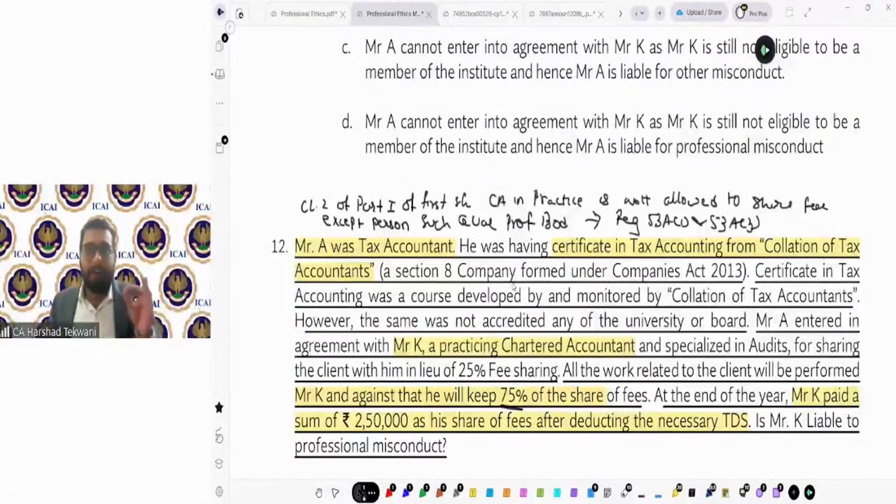See, if I write clause 2, part 1 of first schedule, still it is valid. But if I write clause 2, part 1 of first schedule of the Chartered Accountants Act, it is more appropriate. It shows how accurate you are with your information, and the reader, the paper checker, the examiner, will have clarity that the person knows about the topic, knows from where it is emanating, and the way you have written the answer creates a flow, creates an understanding in the mind of the paper checker also, so that you get the appropriate marks for that.